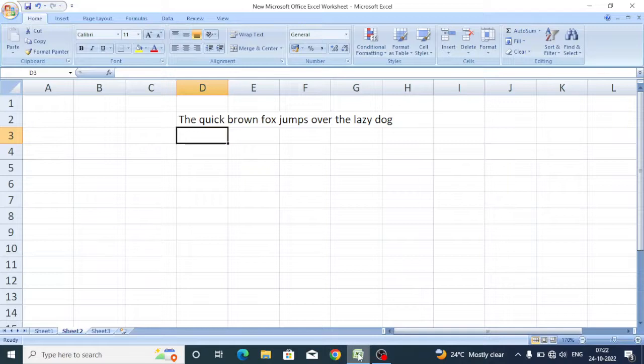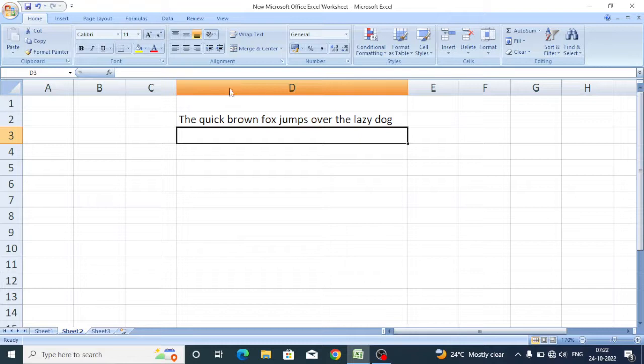See, the contents are too long to be accommodated in a single cell. So either we have to widen the cell width, or we can wrap these contents within the single cell. If the cell width is widened to adjust the contents, the entire column of this sheet gets enlarged,